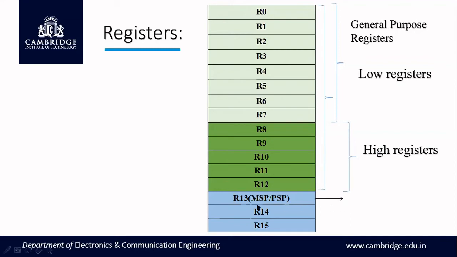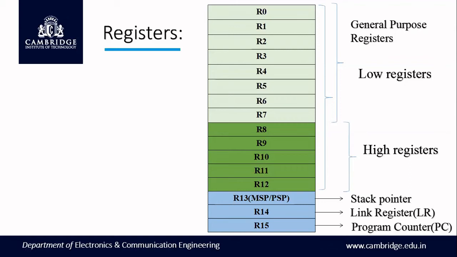Next, R13 is your stack pointer. So you have two stack pointers, main stack pointer and process stack pointer. By default, main stack pointer would be used. This process stack pointer is used when we go for the embedded OS approach and is basically used for running base level application codes. And main stack pointer is used when we are executing the exception handlers. Next, R14 is the link register whose functionality would be studied in the next slide. And R15 is your program counter, which is used for holding the address of the next instruction that is going to get executed.